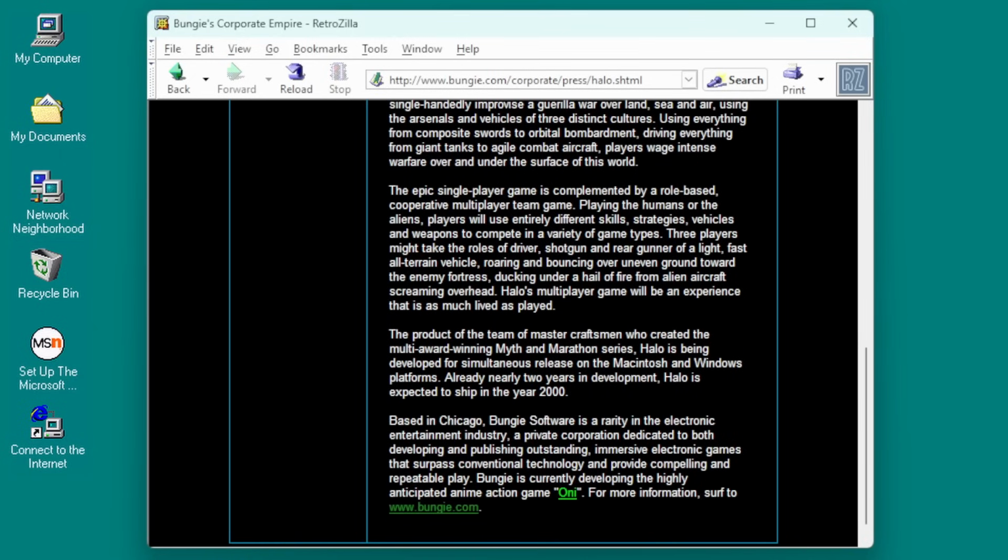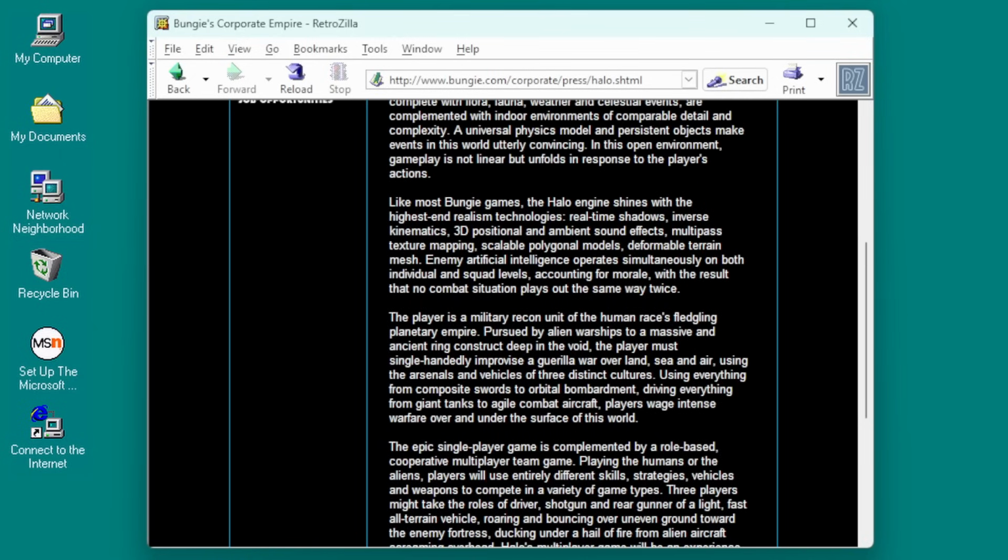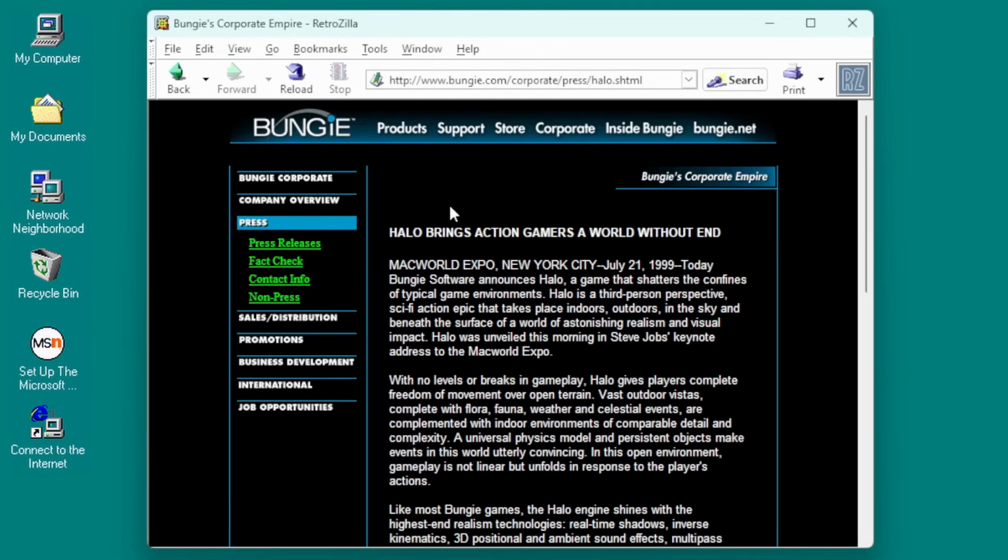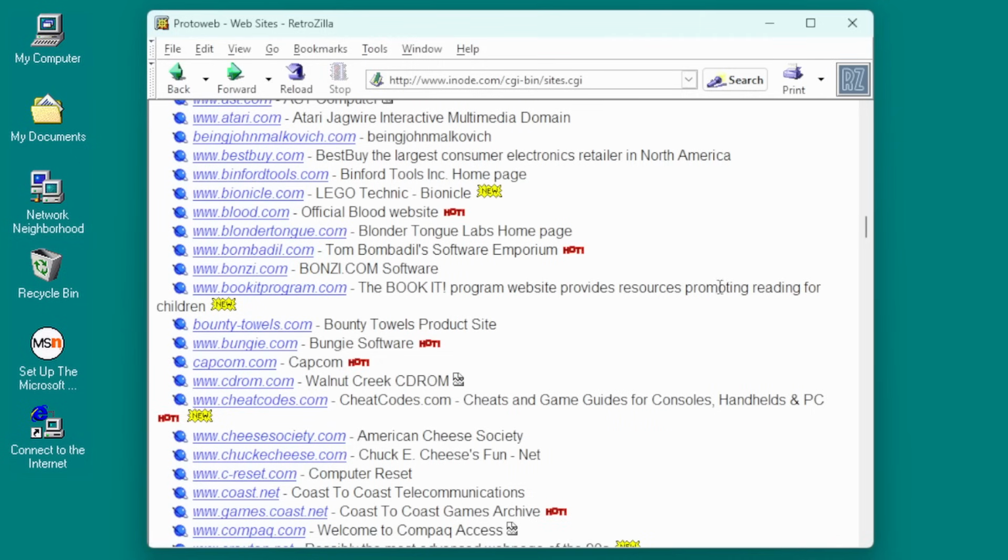Interesting. Expected to ship in the year 2000. Obviously we know a lot changed, but it's interesting to see how early it was announced before everything got changed. How about